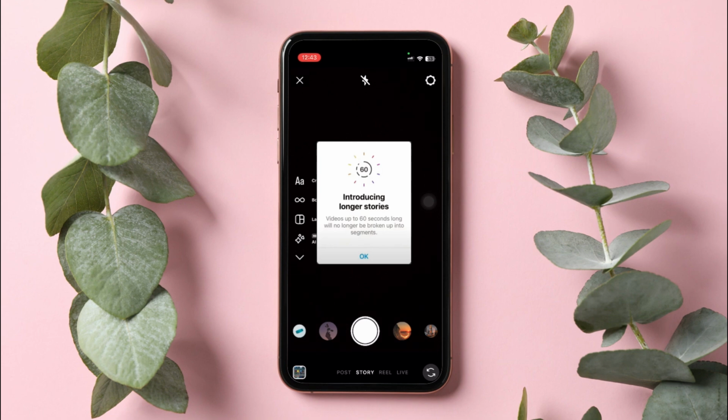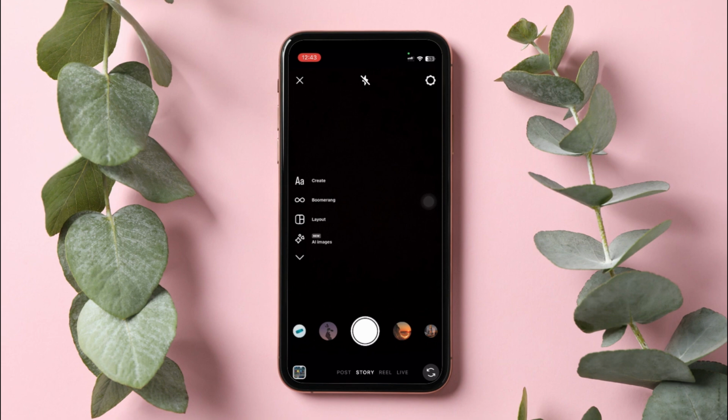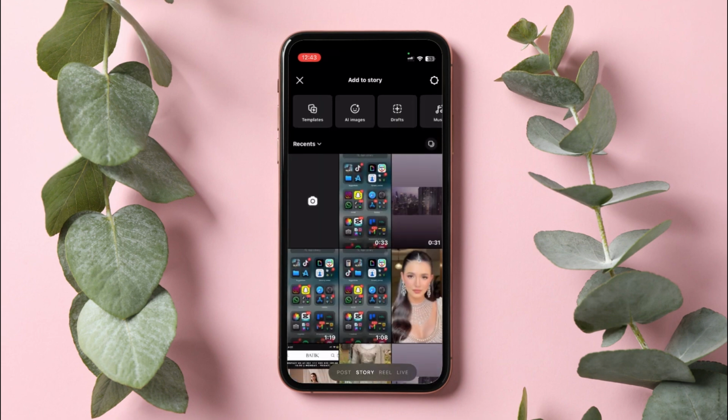If this feature is available to you, you should see a pop-up notification informing you that you can now upload longer stories. Now, you can either record a new video using the Instagram camera or upload an existing video from your camera roll. Tap on the gallery icon in the bottom left corner and select the video you want to